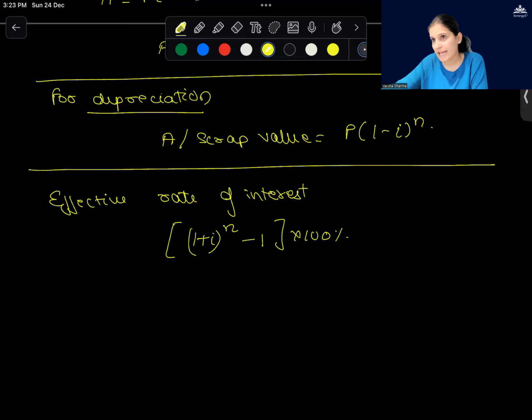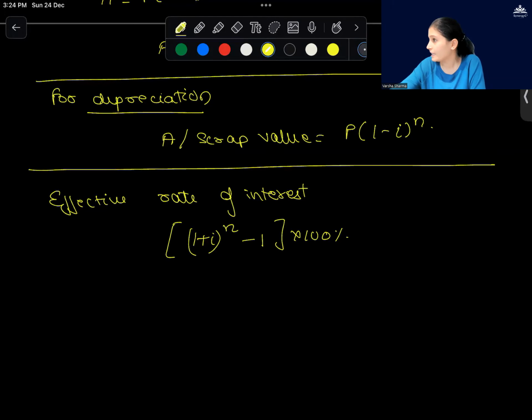If it is 3.8 annually, then I should go with the 3.83 effective rate. And if it was 3.9, then I should not go with the half yearly one. I should go with the annual 3.9, whatever it is. If my effective rate of interest is more than the given annual rate, then go with the half yearly one. And if it is less than the given annual rate, then go with the annual plan. The bank that is giving you the more annual rate.